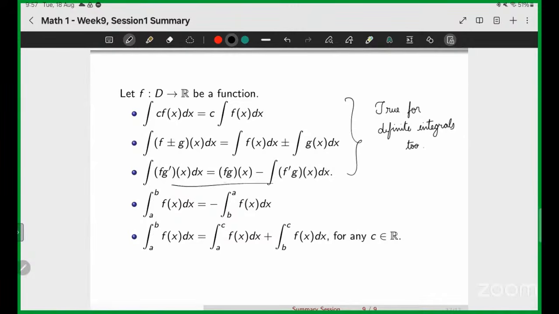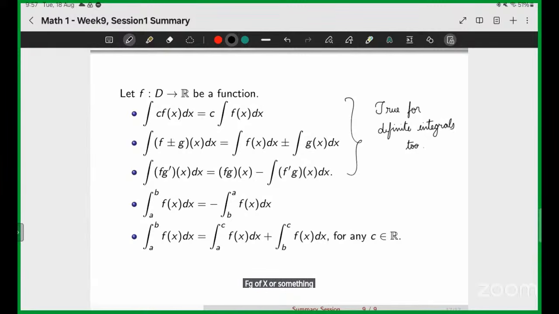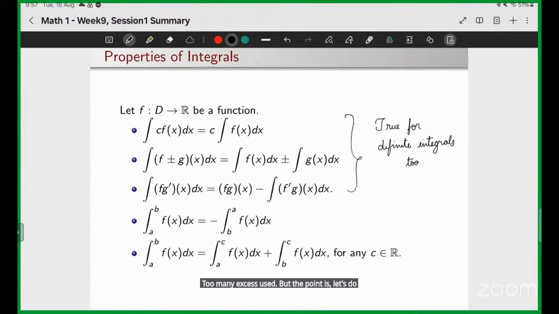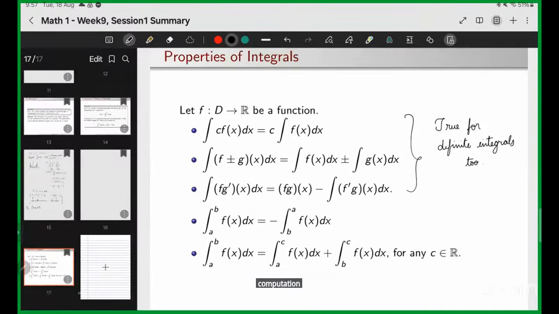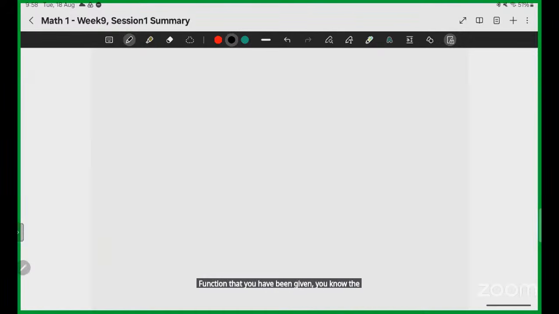Here, I'll edit it when I upload the notes. Don't take it as fg of x or something. Too many x's used. But the point is, let's do a product rule computation. This helps when the function that you have been given, you know the antiderivative of 1, and then if you have